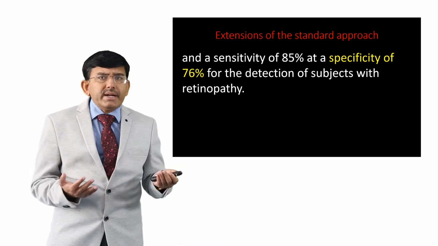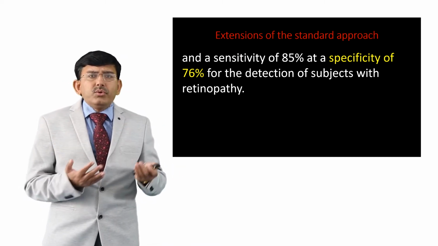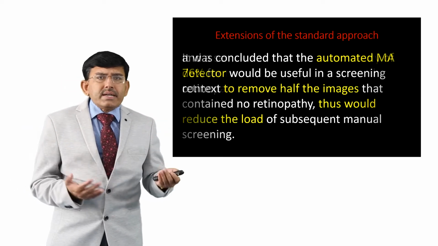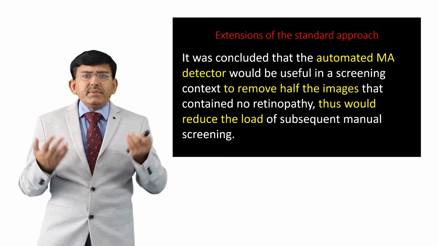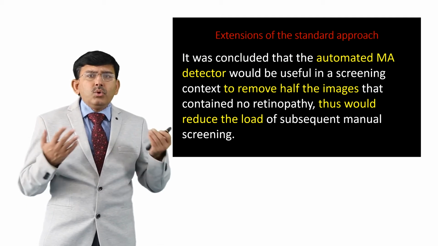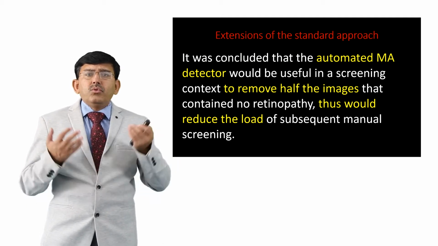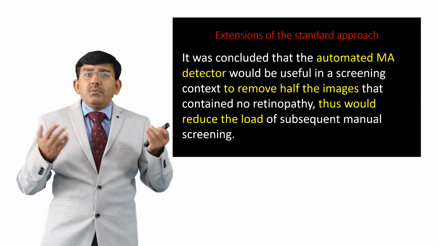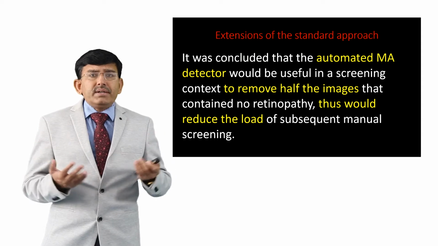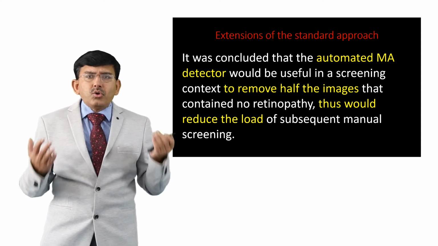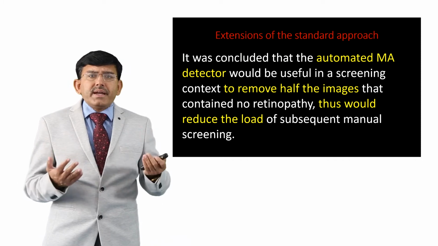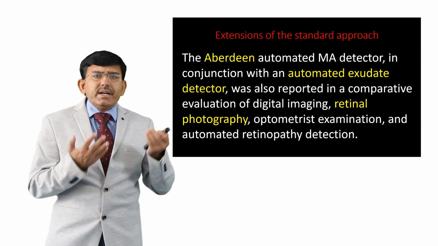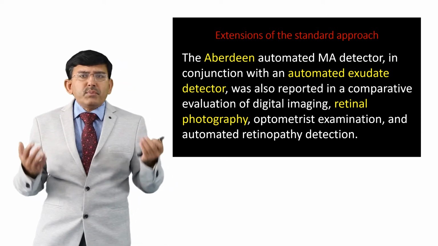It was concluded that the automated microaneurysm detector would be useful in a screening context to remove half the images that contain no retinopathy, thus reducing the load of subsequent manual screening. The Aberdeen automated microaneurysm detector in conjunction with an automated exudate detector was also reported in